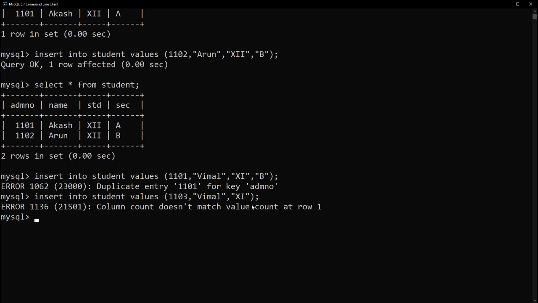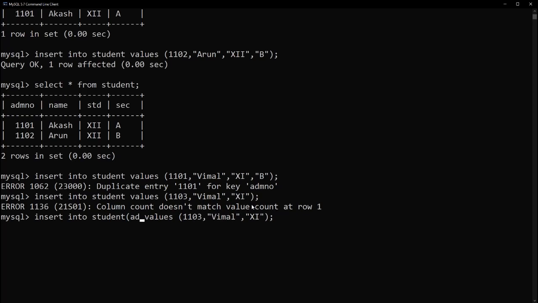Now I am forced to give the 4th column, but I don't want to give it. In that case, what you can do is, in the insert command, next to the name of the table, you have to mention which columns' values have to be filled. In this case, what columns? It is admission number, name and standard.